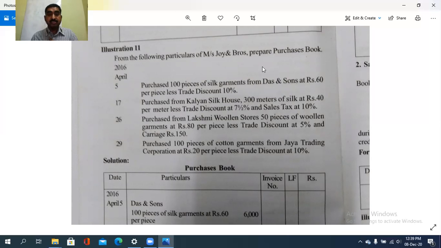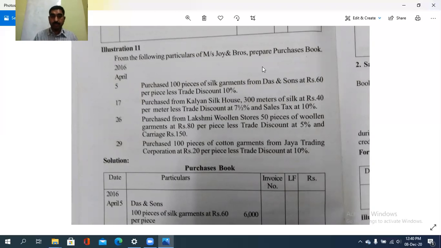Okay, then purchased from Kalyan Silk House 300 meters of silk at rupees 40 per meter, less trade discount at 7.5% and sales tax at 10%. The amount after deducting that is what we need to take here. Then purchased from Lakshmi Woolen Stores 50 pieces of woolen garments at rupees 80 per piece, less trade discount at 5% and carriage rupees 150. Then purchased 100 pieces of cotton garments from Jaya Trading Corporation at rupees 20 per piece, less trade discount at